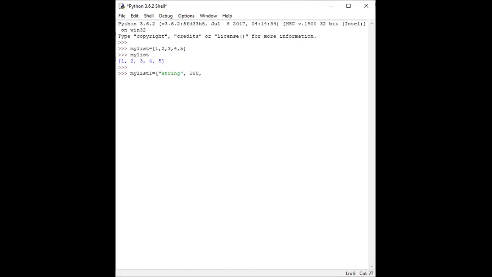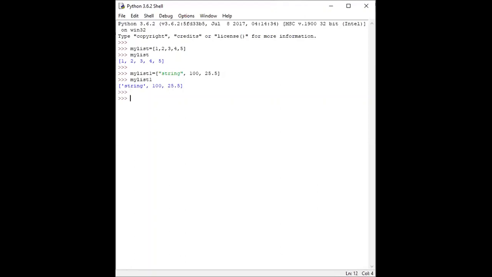So 100 is an integer, and for example 25.5 is a floating number. I close the bracket, and my_list1 is equal to these values. So in a list we can store different data type values in a single list.